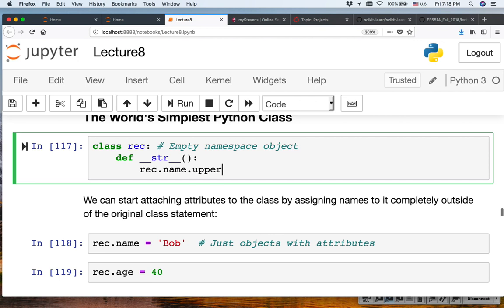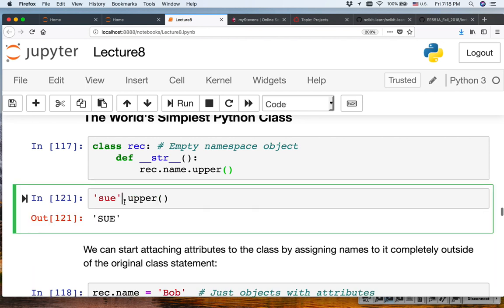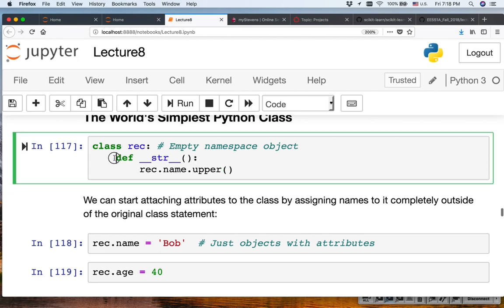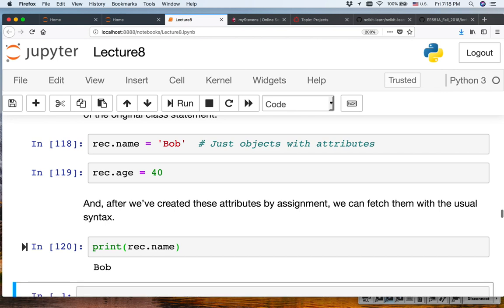Is it the upper function? Let me just test it. So if I have Sue, if I say upper, okay, good. So I can run that. What I'm actually doing here is defining a new method, __str__ with double underscores, to overwrite print. And now if I run print again,